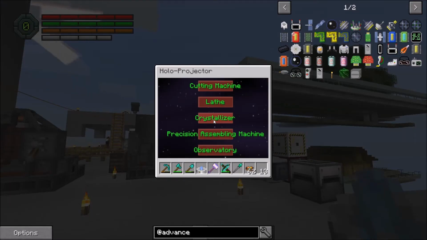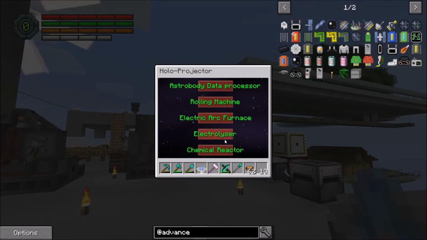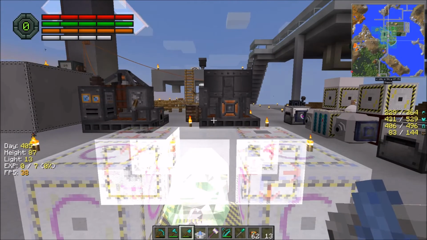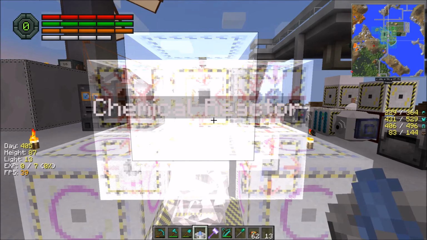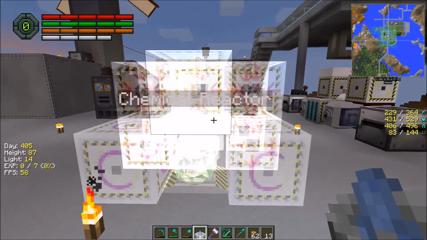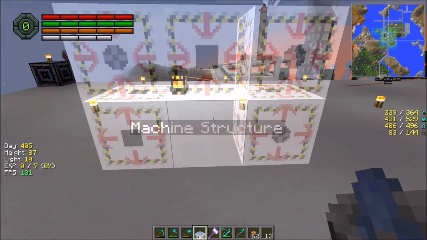So we'll do a shift right click. We need arc furnace, electrolyzer, chemical reactor. Okay. What do you look like? Do you have... you do. You got 2 levels to you. So we got power. Why do you need 2? I don't know. There's the chemical reactor in front. We got inputs, 2 inputs, 2...